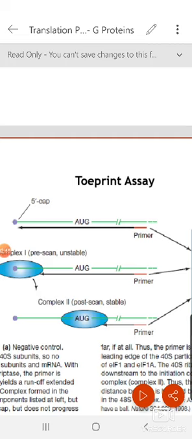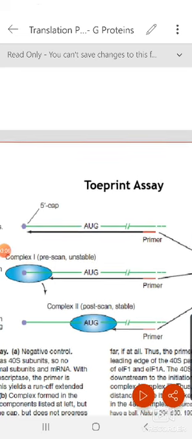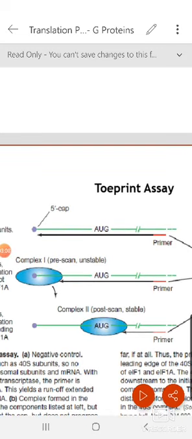If you incubate this with nucleotides, NTPs, as well as reverse transcriptase, what can you generate? You can generate a cDNA. The black line going from 5 prime to 3 prime is the cDNA corresponding to the beta globin mRNA. Now this is an in vitro assay they are doing.